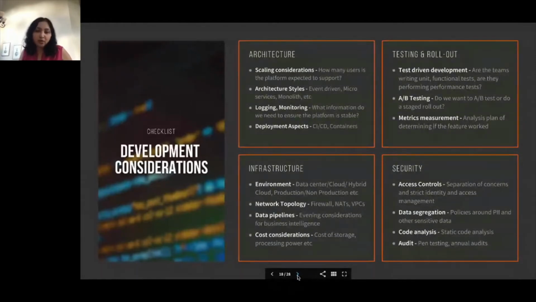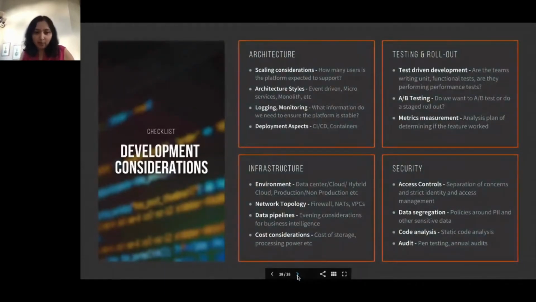How do I make sure that my system is up and running without any issues? And if there are issues, how can I ensure I jump in and fix the problem pretty quickly? So logging, monitoring, solutions like it could be Datadog, it could be Splunk, application monitoring, logging, all these solutions are extremely important to figure out early on in the life cycle.